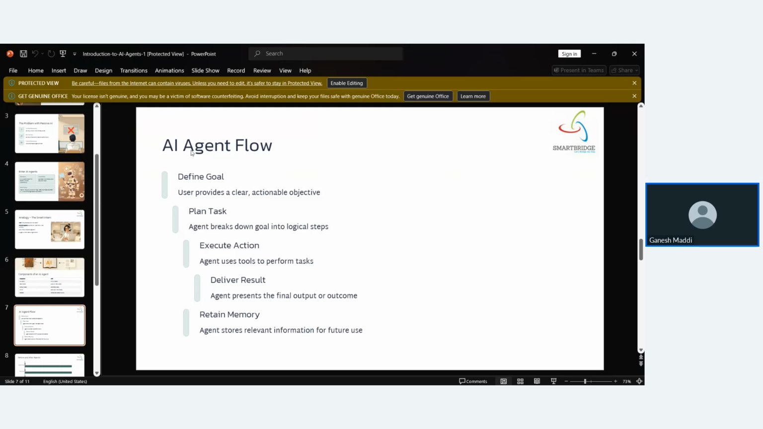So the AI agents workflow. How is the AI agents workflow going to be? First, it will define a goal. Okay. The user provides a clear and actionable objective. As I said, I will just say write a research paper on AI agents. What will it do? The AI agent will,